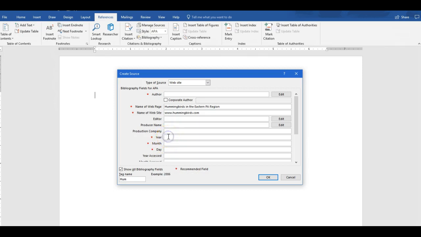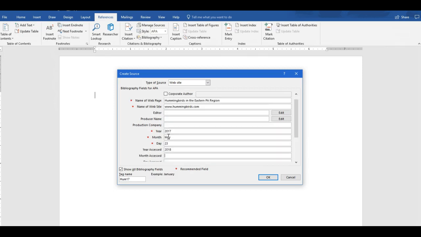I'm going to put in a year because I can see on the web page that it was last updated in 2017, May 23rd. The year accessed, this is when I accessed it, so I accessed it today, and so today the year is 2018, the month is April, and the day is the 13th. So I'll continue down here, the URL,